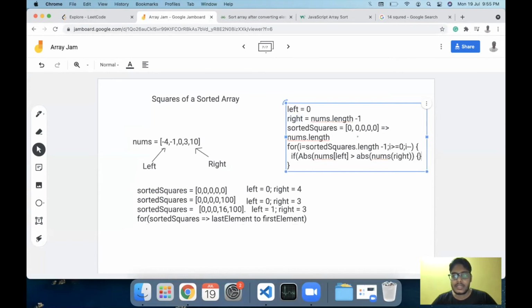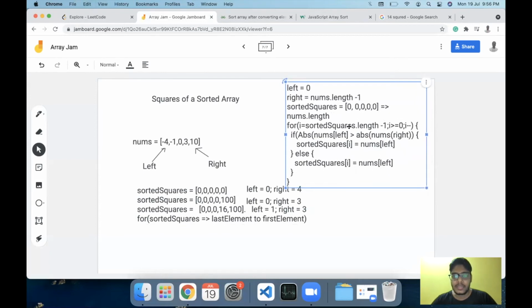If it is greater, like if the left element is greater, then the sorted squares of i, why i, because we have started from the end, so this will point to the last index right now, will be equal to nums of left, which is the element, else sorted squares of i will be equal to nums of right.